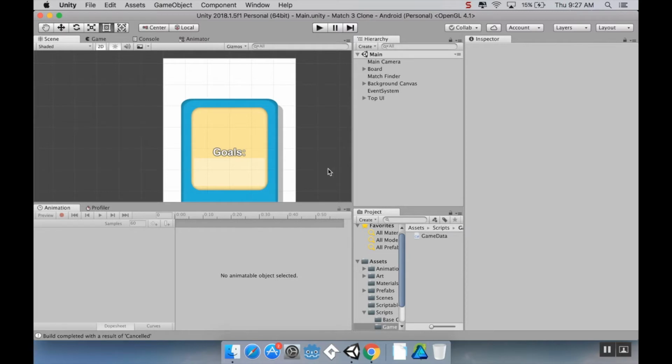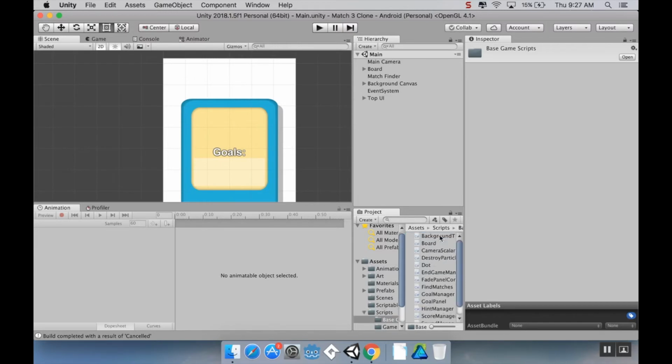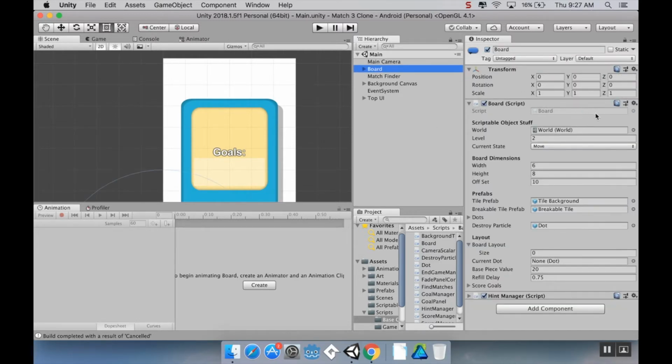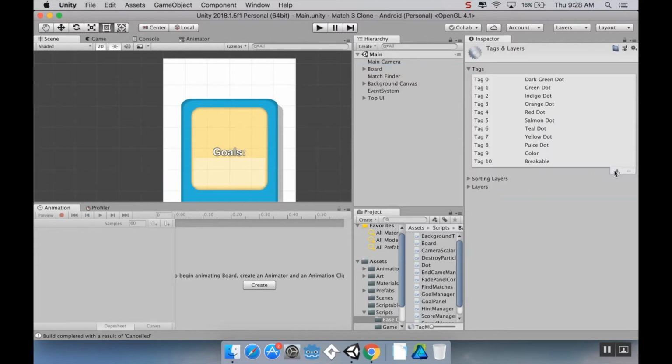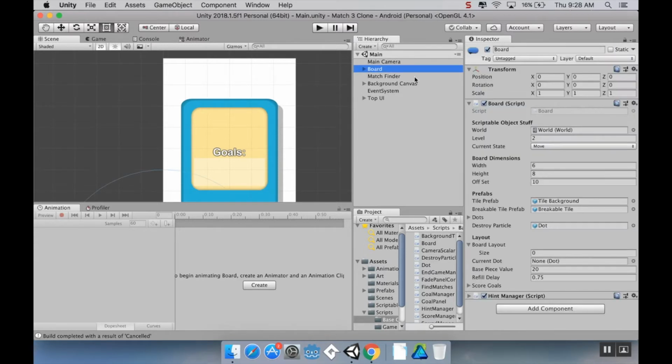The other thing that was brought up is another way that you can save on some of your memory resources. If you go into your scripts here, let's go into the base game scripts, and actually, before I do this, there's one thing I want to do really fast. I want to go to my board object, which is right here. I'm going to add a tag to this. So, yet another tag, plus, and I'm just going to make this tag board,